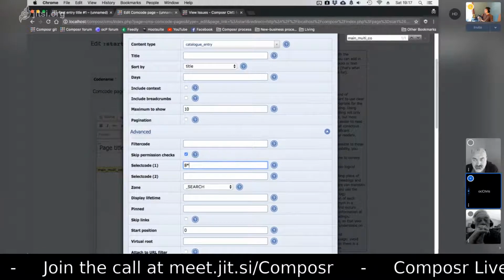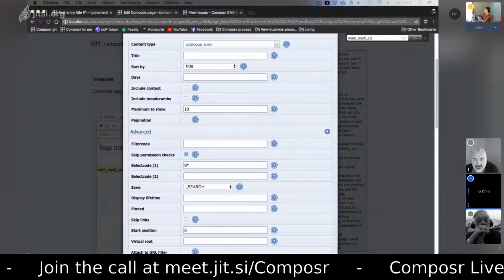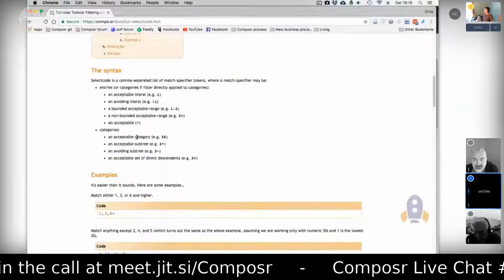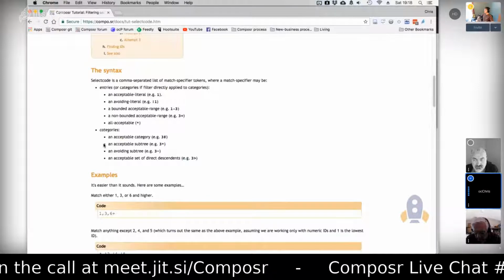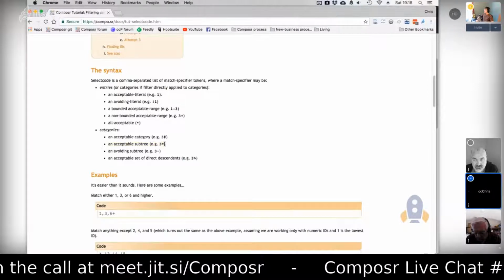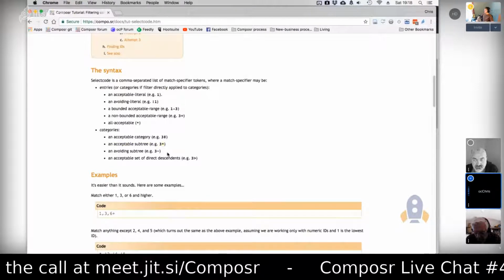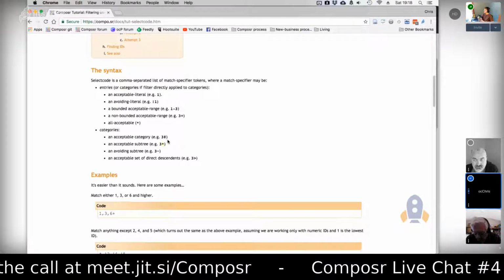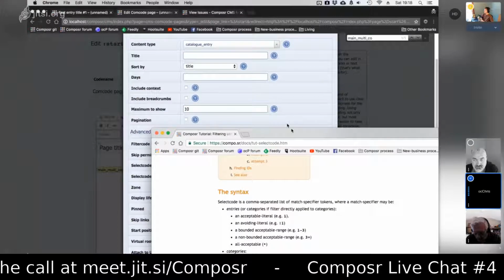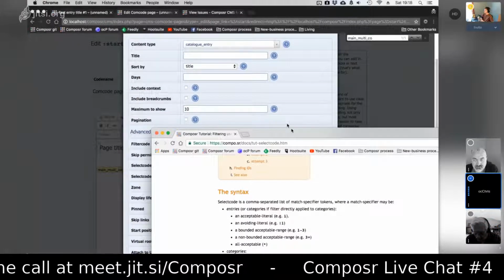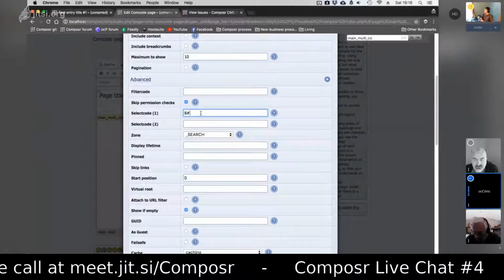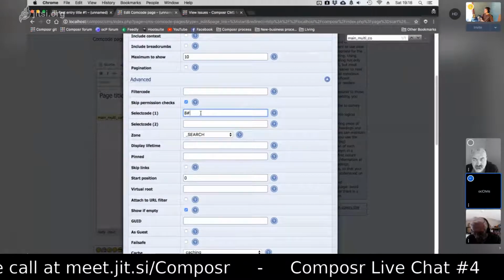Bear with me. I'm just going to look up the select code tutorial. Okay, so here's our syntax for categories. So yeah, star is a subtree. We can also select particular categories. So let's say we wanted everything under the root category, but not any subcategories. Instead of doing 8 star, we'd do 8 pound. That'll just get everything in category number 8. Okay,